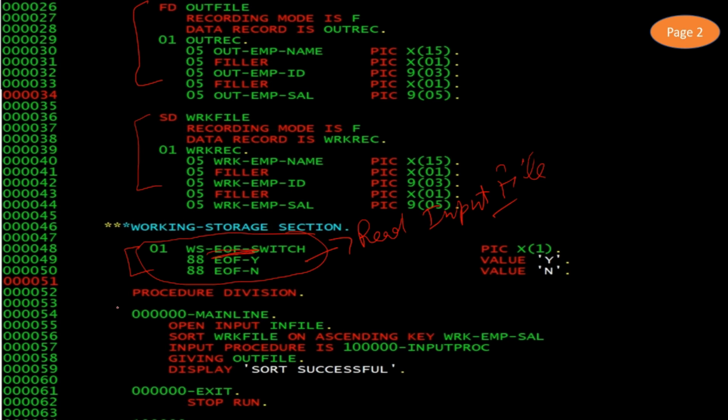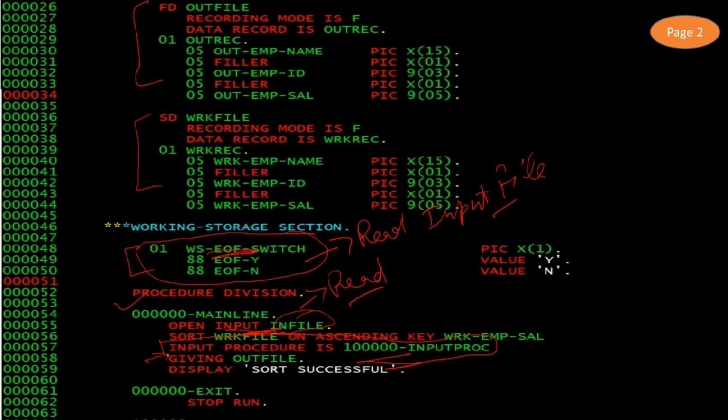And in the procedure division, first of all we are opening the input file. Why are we opening the input file here? Because we have to read this input file in the program by using the READ verb. So here we have used SORT work-file on ascending key work-employee-salary, and we have given the input procedure as this INPUT-PROC.